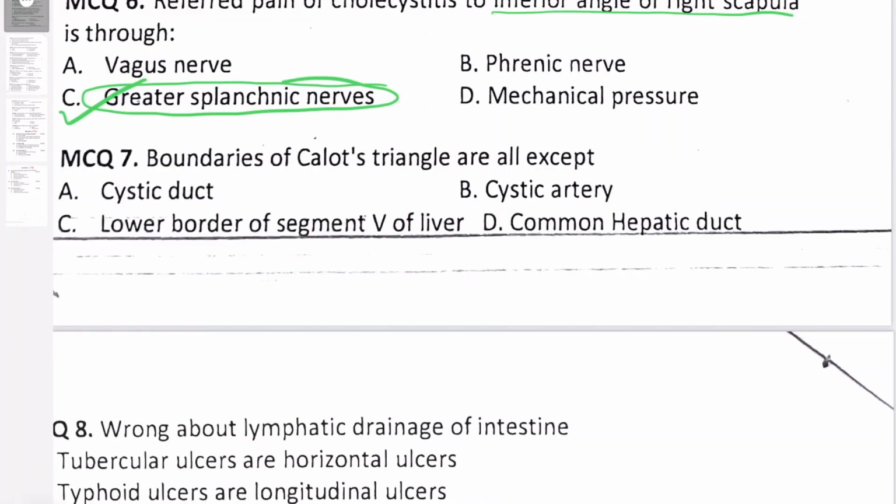Question number 7: boundaries of Calot's triangle are all except. It's an easy question. Choices are cystic duct, cystic artery, lower border of segment 5 of liver, and common hepatic duct. In this question, you need to know nothing but Calot's triangle. So if this is the liver, the gallbladder is placed here within the gallbladder fossa, with Hartmann's pouch here,